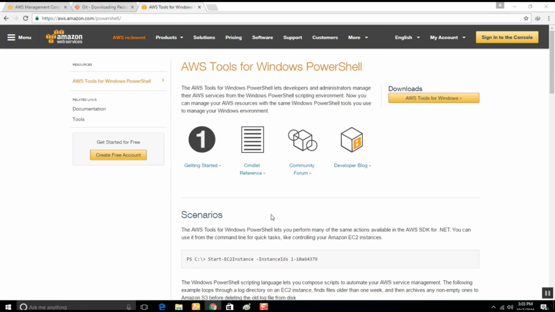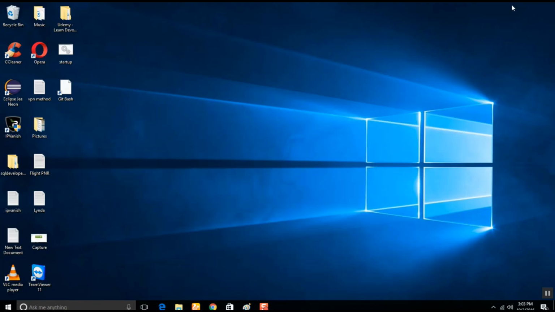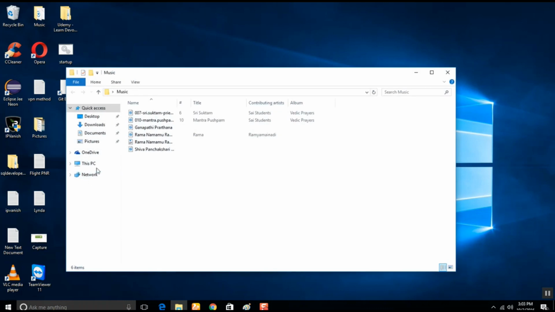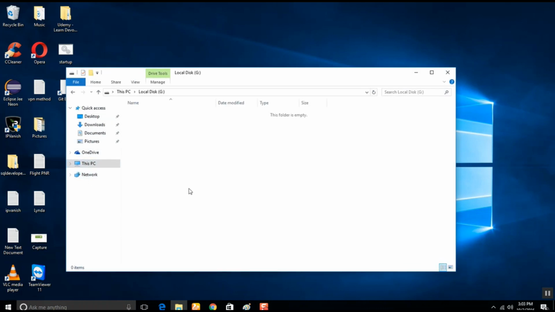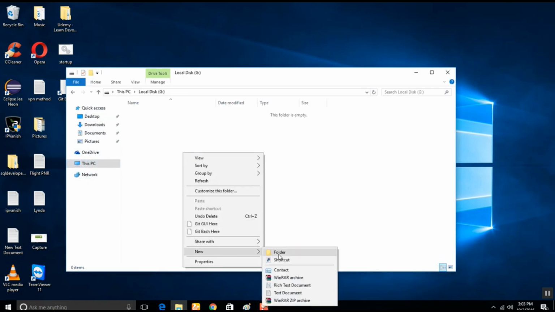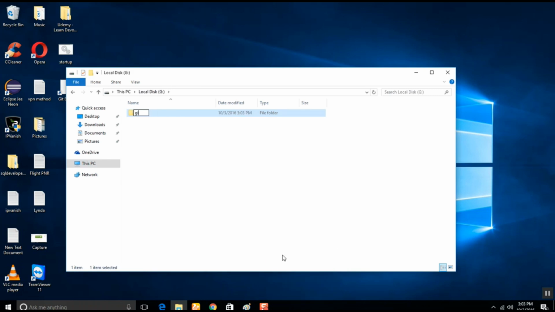Now that we have installed Git, let us see how we can work with it. For example purposes, I'll go to the G folder and create a new folder called GitHub. I did not speak about GitHub.